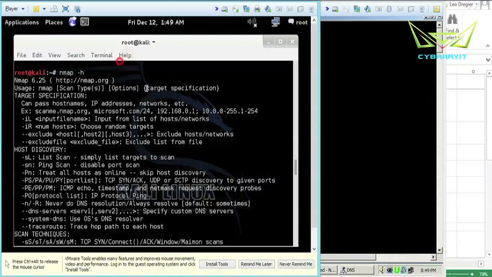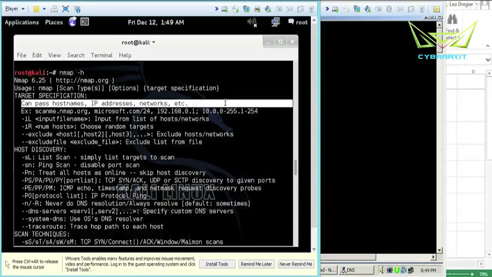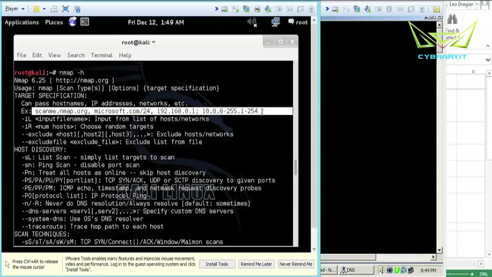Now we're going to kind of do this in reverse because it's just easier to understand the targets first, then the options, then the scan types. So when it comes to the target, we basically can do specific host names, IP address, or whole networks. And they give you some examples of exactly what that looks like here. So if you want to use a fully qualified domain name, you certainly can do that. If you want to do like the subnet of a domain, you can do that as well by using CIDR notation /24, or you can do a specific host, or you can do a range of hosts by doing something